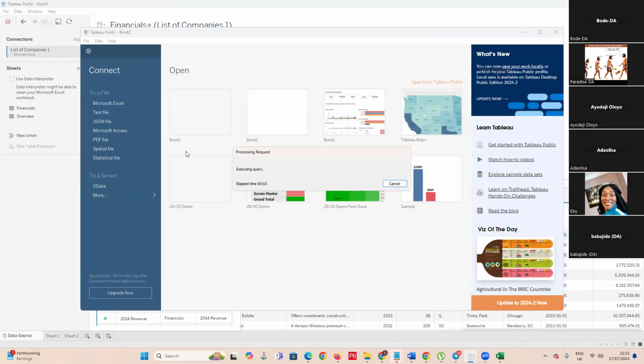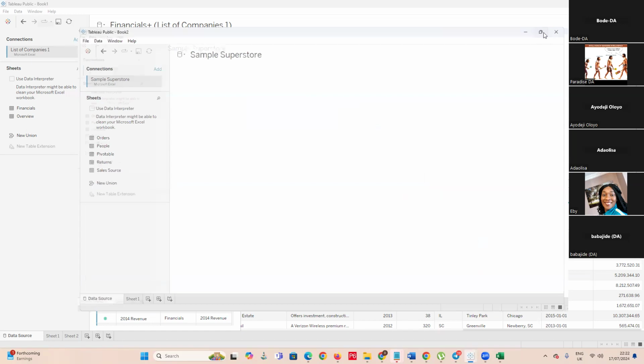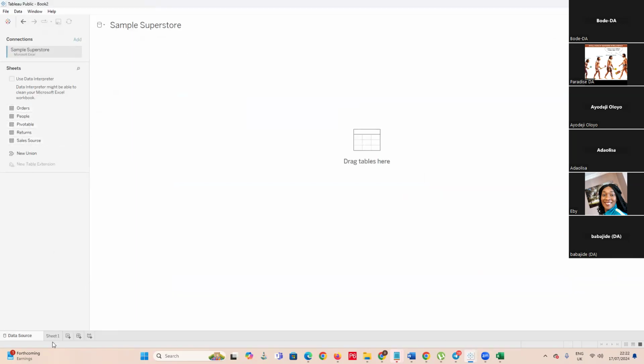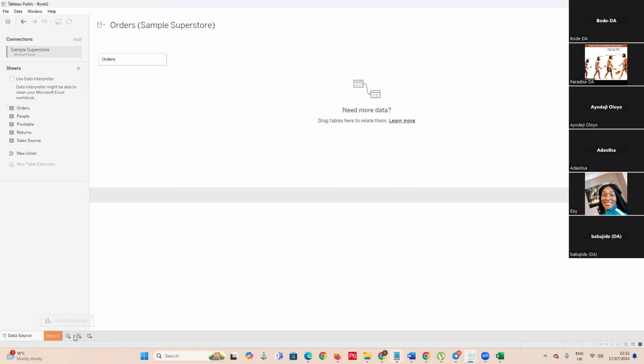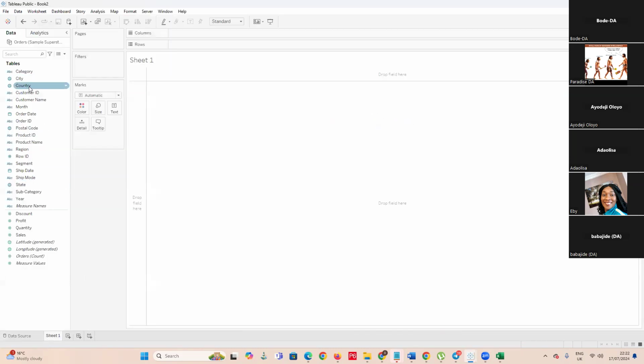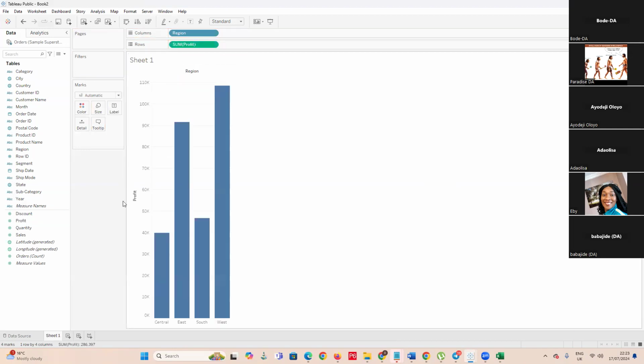Let me use that sample data. So I'll say I use other, and let's go to sheets. So let's assume that this is what I'm using, and probably I want to find region, and I see profit, right? And I see